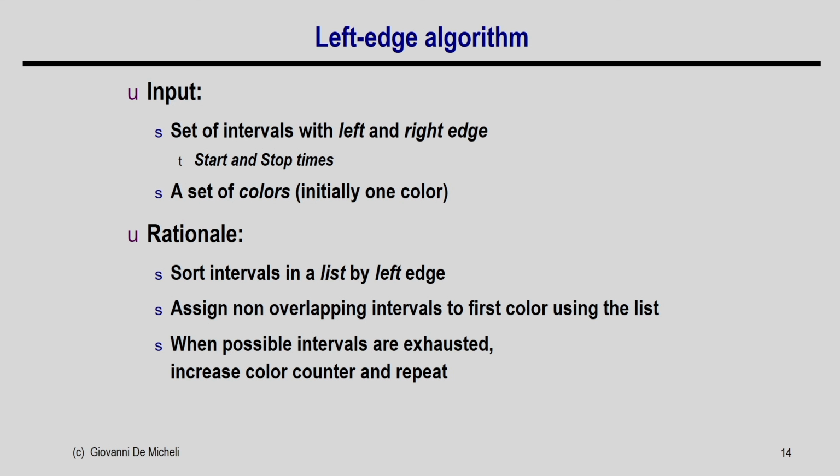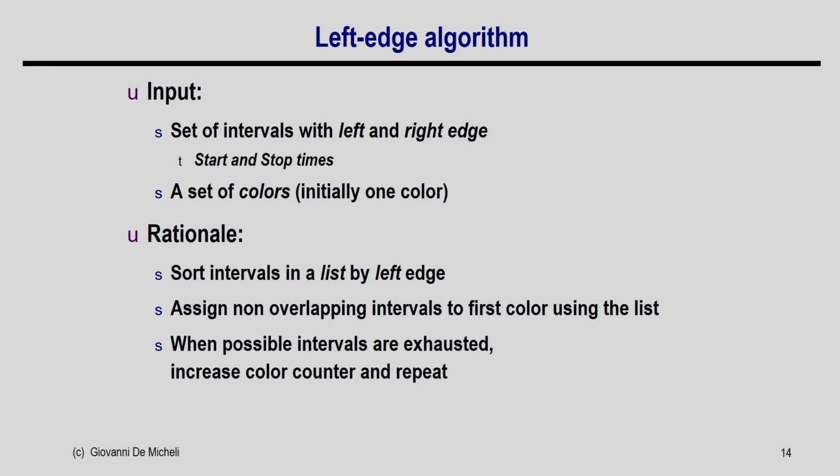This is how I will get the intervals of that node, and then I will move to the left edge algorithm. The left edge algorithm, as it suggests, can solve this problem in polynomial time. What is the problem? The graph coloring problem. So, what is the input to my algorithm? We have a comparability graph and hence the intervals, because I know what the interval corresponding to the schedule is. So, I have both the graph as well as the intervals, but this particular algorithm takes the intervals as an input. So, given the set of intervals, what will it return?